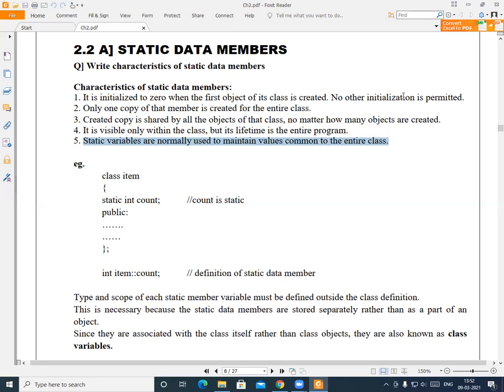It will be 1464. Suppose 1464 is the institute code, and I want to maintain that institute code value common for all the students. Then at that time I will use this static variable. There I will use static int code, and the code value we can write.